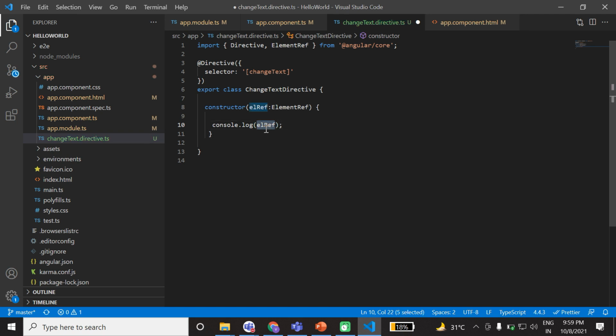Why is it showing an error when I'm using this keyword here? Because it is inside the constructor. If I use this, it refers to the current class, because this holds the object of the current class. That's why if you are defining any type of variable here, you need to use the this keyword to access that variable.